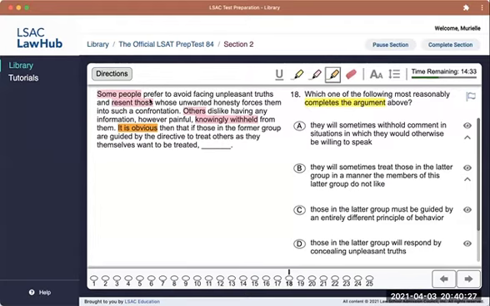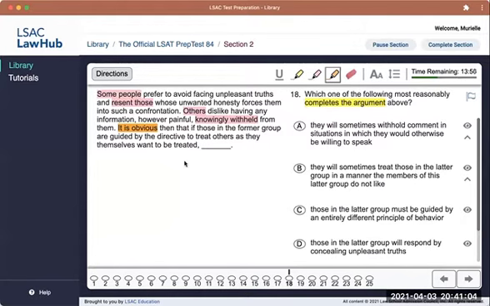So how would they treat others then, right? If this former group is treating people the way they want to be treated, they would want people to lie to them, right? They resent people whose unwanted honesty forces them into confrontation. So they want to be lied to. They want people to knowingly withhold painful or unpleasant truths from them. So if the former group is guided by that directive,